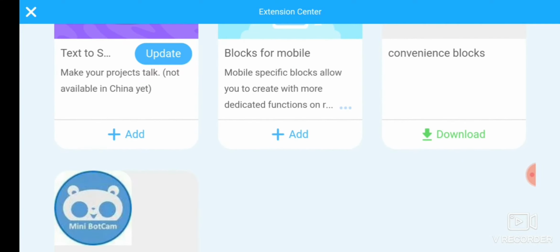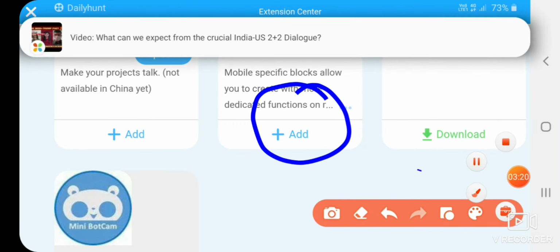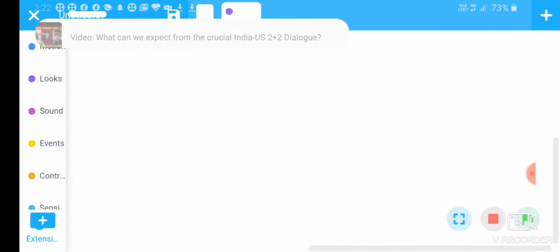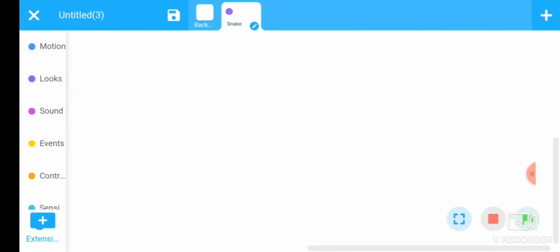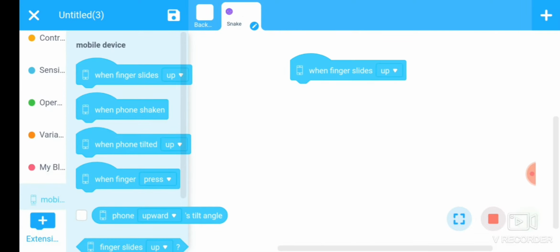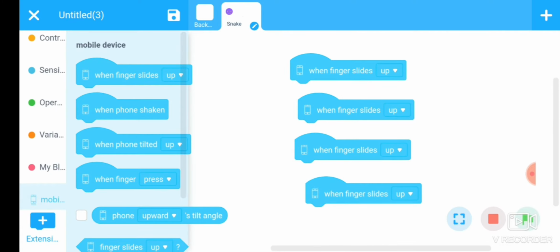Blocks for mobiles, choose this option. First we will download this option and then add. When finger slide up, choose this command 4 times.